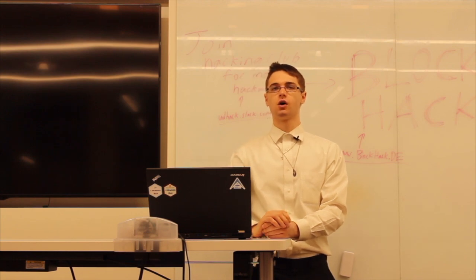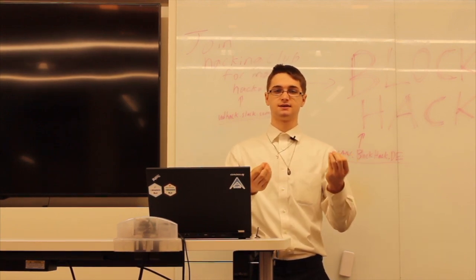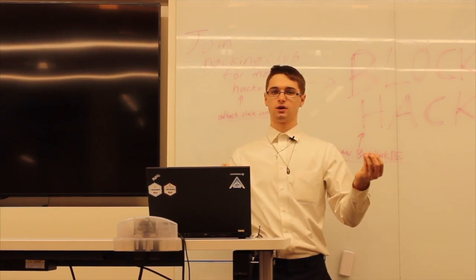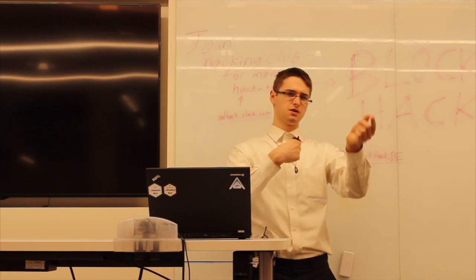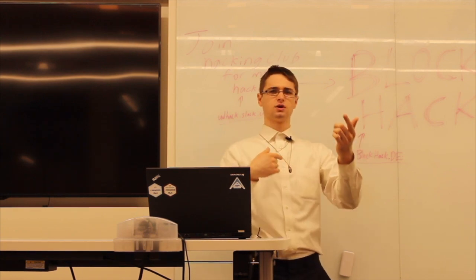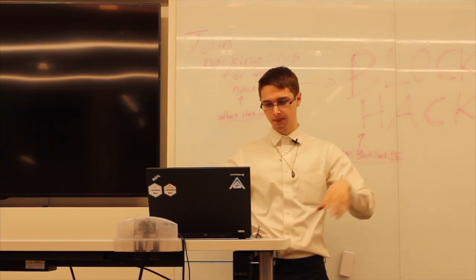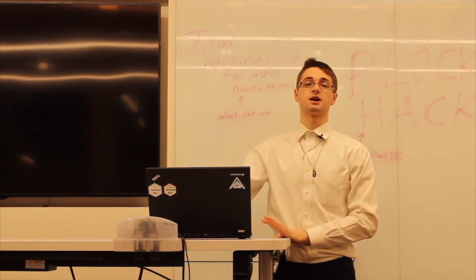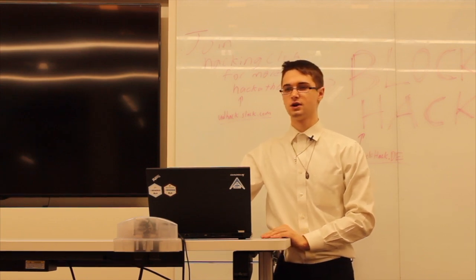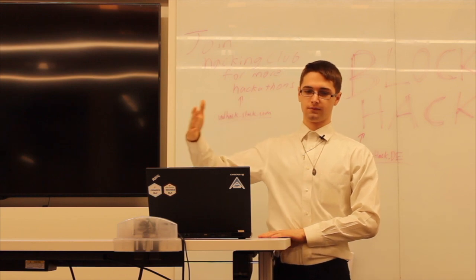ERC20 tokens are fungible tokens, which means that each token is identical to every other token. I can exchange one Ethereum for another Ethereum, and the value of the two is identical. Me owning this Ethereum versus that Ethereum isn't any different. So that's the most common kind of token used by ICOs, because ICOs are essentially saying, here's our units of